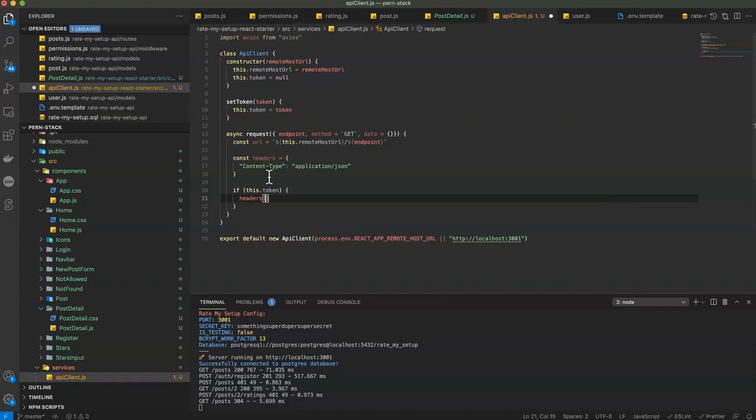So we'll say headers authorization, and I probably could have done that with dot, but whatever, is equal to bearer this.token. So if the token exists on this instance, attach this authorization header that'll make sure that we're authenticated with each request. This way we only have to attach the token in one place instead of all over the place